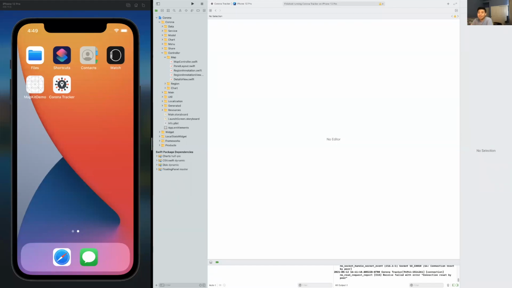Hello, everyone. So today I'm going to talk about the MapKit package that's available under the iOS framework. And I'm using this open source app called Corona Tracker to explain how MapKit works. So if I were to run this app,